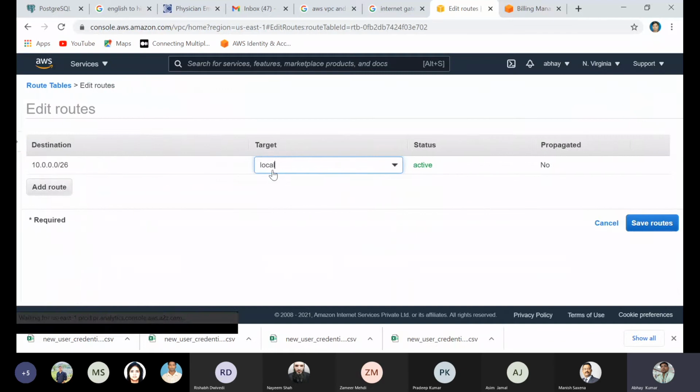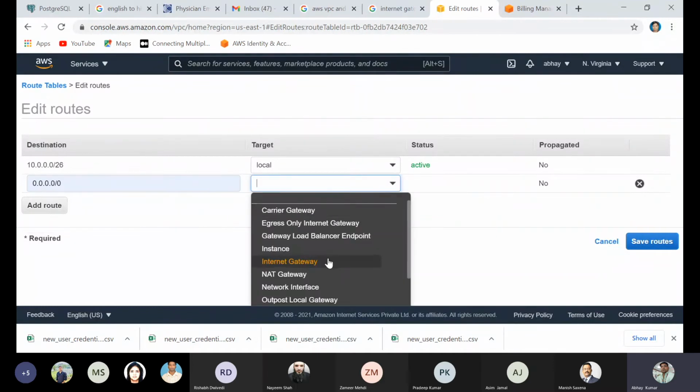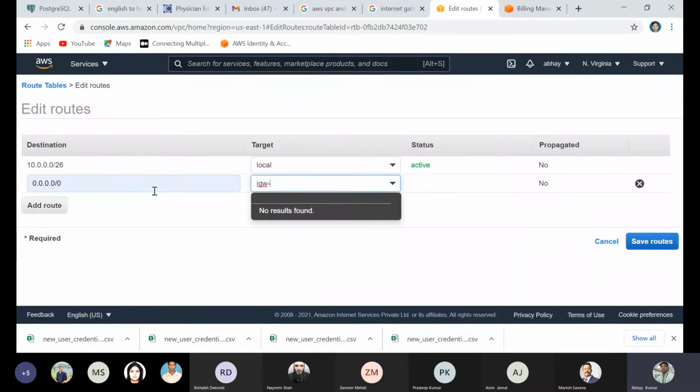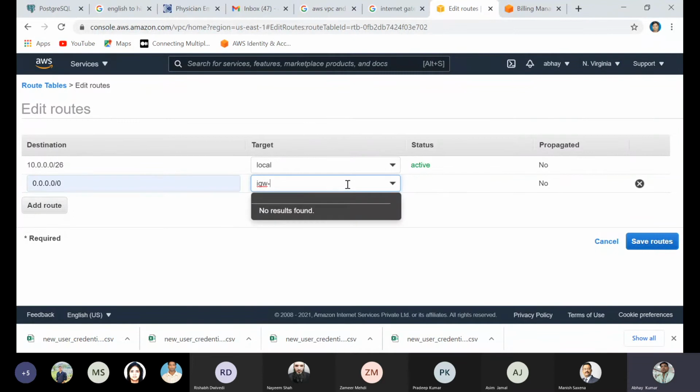We can edit the route. Suppose I want 0.0.0.0/0, that one, and I mention internet gateway. Yeah, so from here you can select.